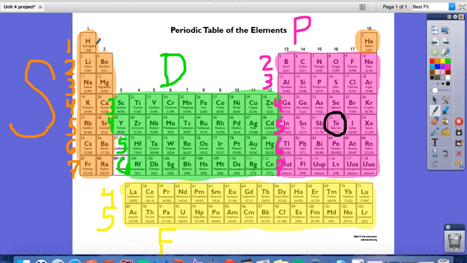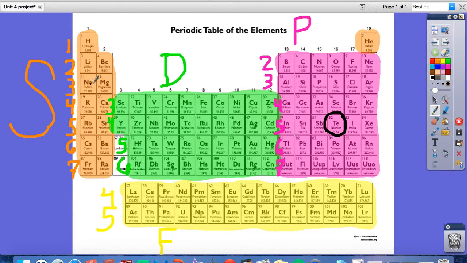You start right here at 1s1, and then, like I said, read it across like a book, so then you'd be at 1s2. Tellurium's all the way at 52, so this may take a while, but you just keep doing the exact same process over and over till you get there. For this one, I'll walk you through it. First you're at 1s1, then 1s2, and then you go to 2s2, and then